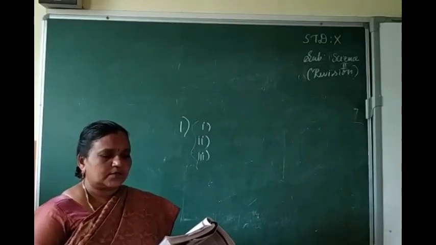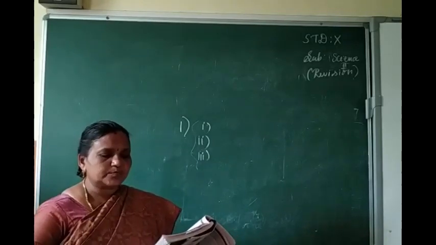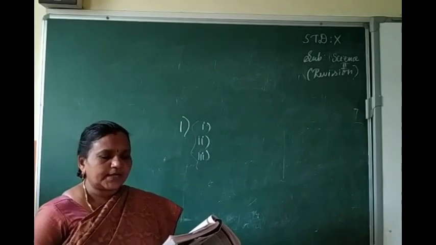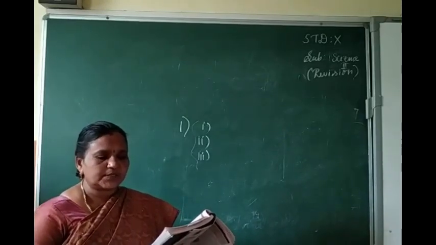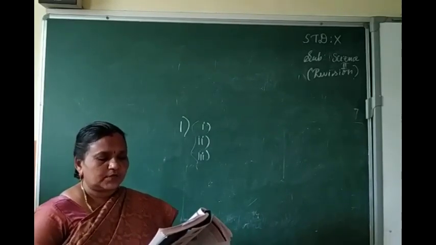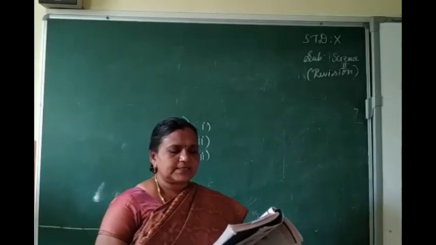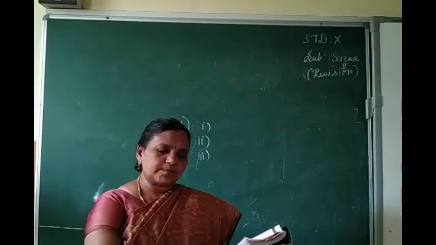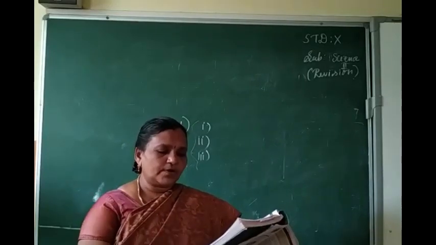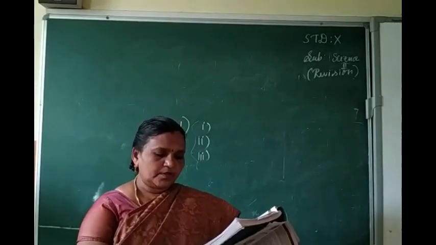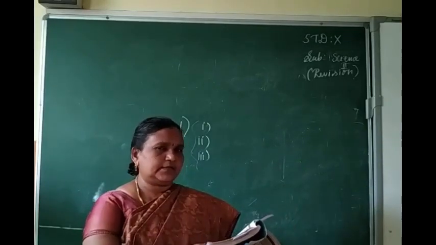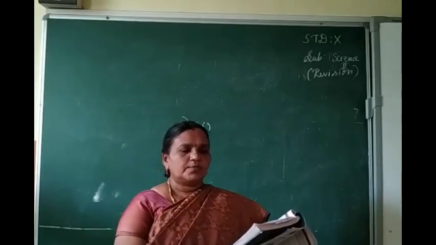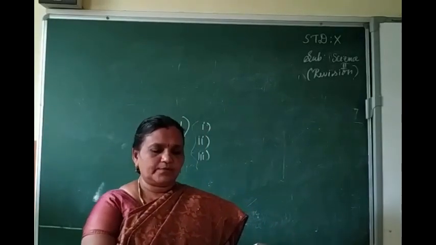Next, second question. In the first part, A is monocot root and dicot root. Then B part is aerobic and anaerobic respiration. That is also page number 183-84. Next, describe the main 3 stages. On page 183 all the 3 stages are given. This is a 7-mark question completely: glycolysis, Krebs cycle, electron transport chain. Sometimes along with that, any 2 stages and 2 or 3 parts will also be included.